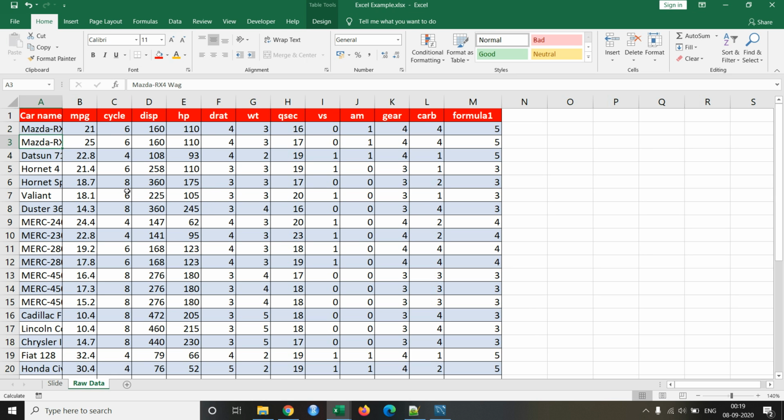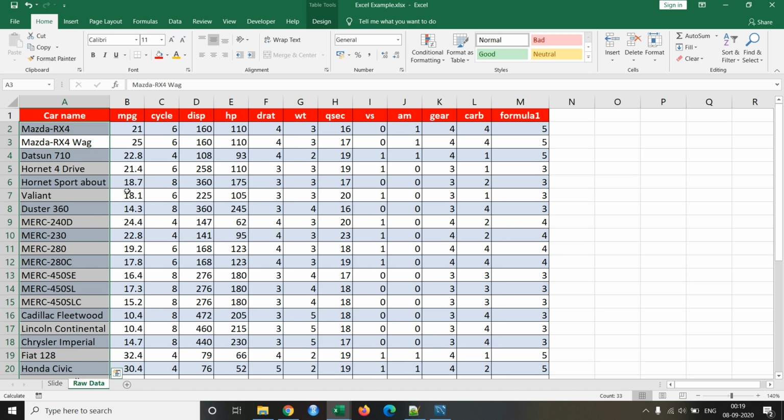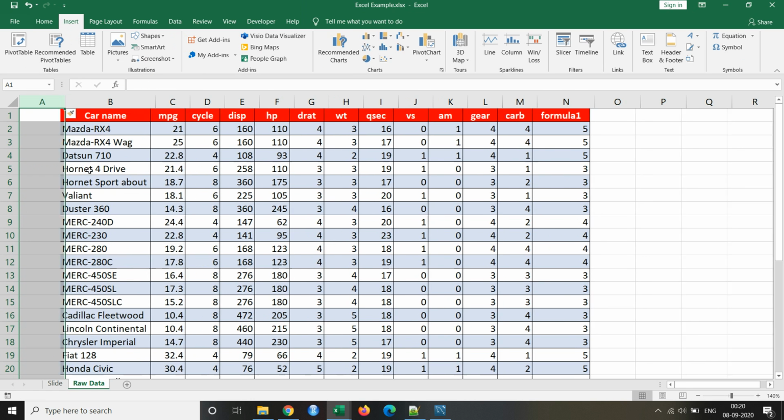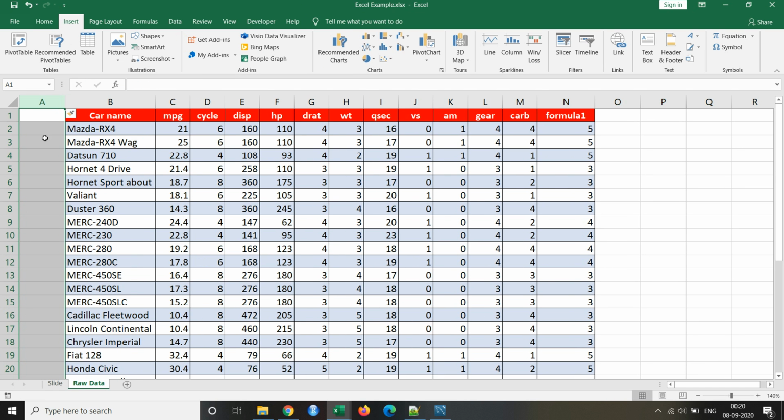Suppose I think that I have to insert a few rows before row number 4, or for example, let's take the column first. Now this is the car name, but I want a serial number before this column A. So what can I do? To insert a new column, you need to select this entire column first. Now right click on it and then click on insert. This will insert a new column in front of your earlier column. This was the first way.